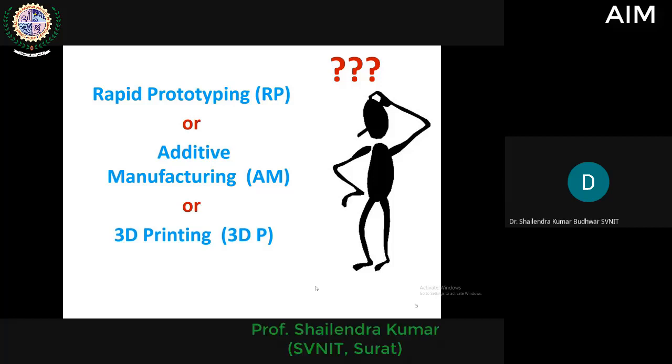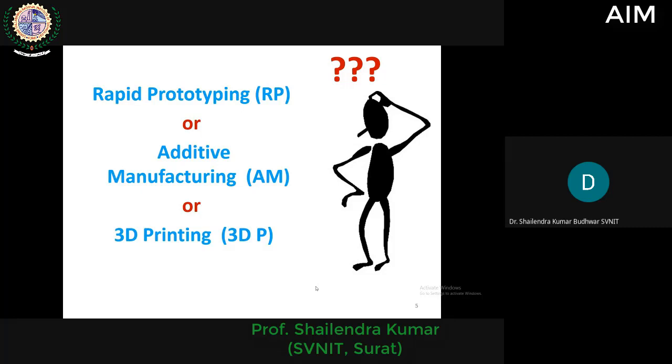But after a few advancements in this technology, it was observed that this technique can also be used for actual manufacturing. But still this technology was very costly and not affordable to small scale and medium scale industries. Only a few large scale industries could afford it. And that's the reason it was called additive manufacturing, because here the final product is fabricated through the addition of layer upon layer. So this was the picture till the end of the 20th century.